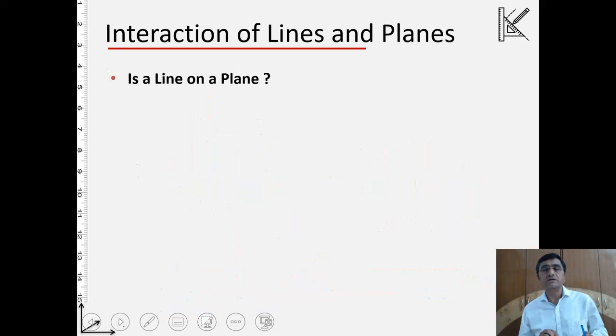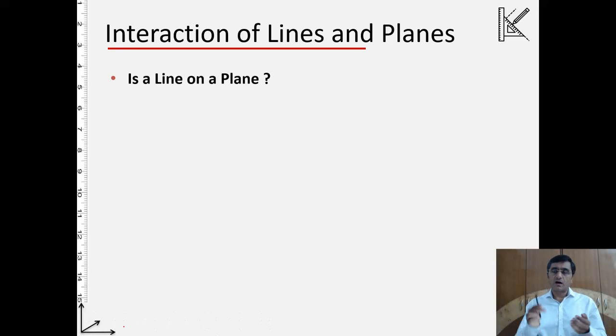Let us see one more case. The case is this: whether a line is on a plane or not. Because this line can be above the plane, can be below the plane, or can be on the plane. So whether this line is on the plane or not, we can test it. How can we test it? If you look at this, right now this line is on this plane. So corresponding to this side of the plane and this side of the plane, there is a point of intersection with the line. Now we will use the same concept, the concept of the point of intersection.